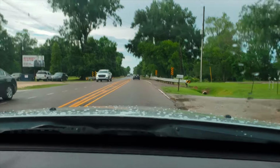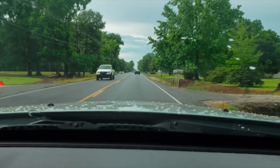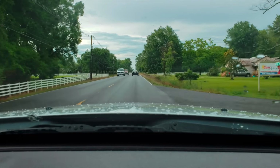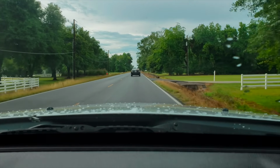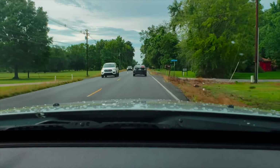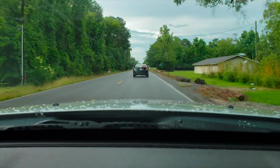As we're cruising here a little bit more, I'm used to driving a truck every day, so to me, the space in here is very small. Everything's right here, your arms are not bumping into everything, but everything's just right there around you. So it's weird. It's different for me, but I enjoy it a lot more. Again, that whole sporty feel, it feels nice. Even though it's different, it still